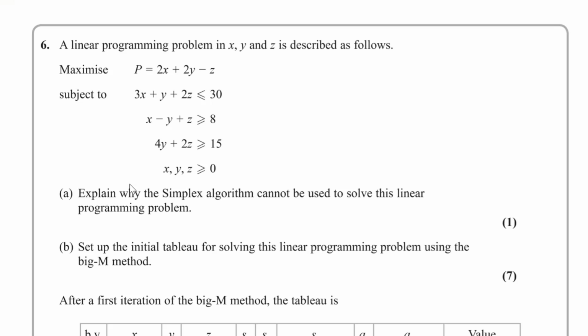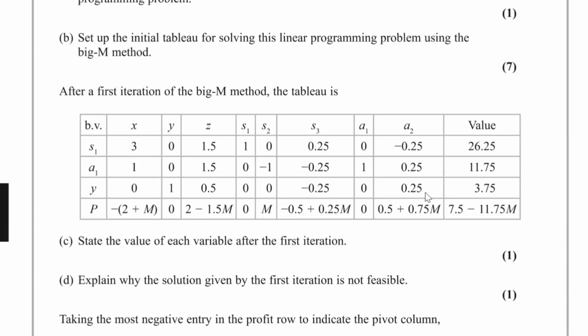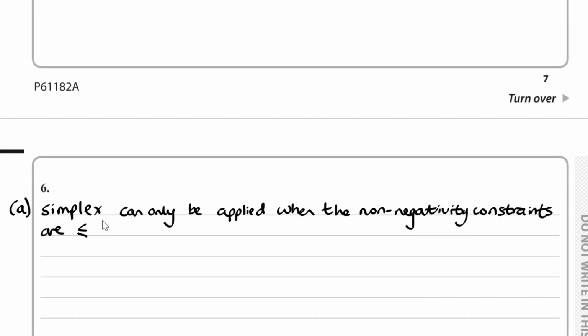For part A, we have to explain why the simplex algorithm cannot be used to solve this linear programming problem. Well, we've got the following reason. It's quite a straightforward reason. The simplex algorithm can only be applied when the constraints are less than or equal to. Now for part B,